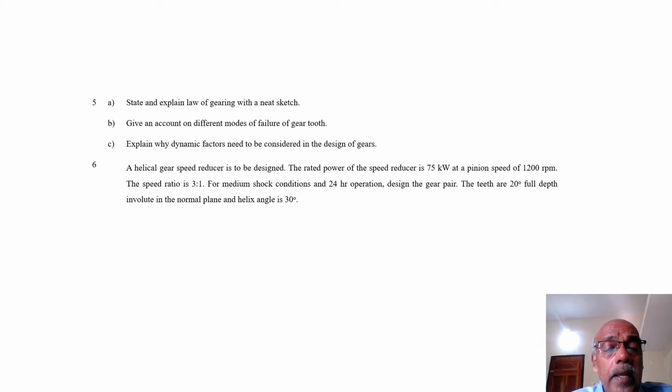So for the helical gear, I am not very particular about 75 kilowatt, 1200. These are the essential part of the gear before referring to the data book and before utilizing your equations. Here for the helical gear, you see the equation: center distance greater than or equal to, which means at least it should be equal or slightly more, because when you substitute the values, it depends upon the data book values. Suppose the range value is 13, another student will take 15, another student will take 17. So that's why it is written greater than or equal to.